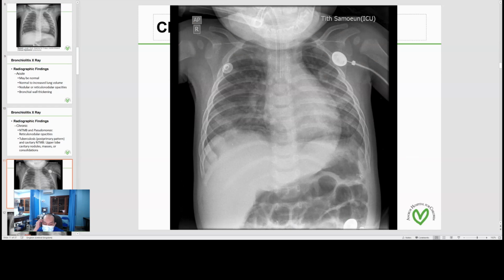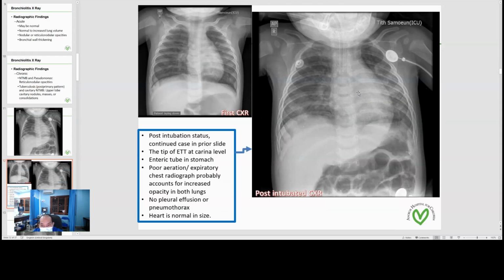Let's see the next case. It is the same patient, but right now this patient got intubation. So we use the same approach to check. What we can see is the abnormality in the